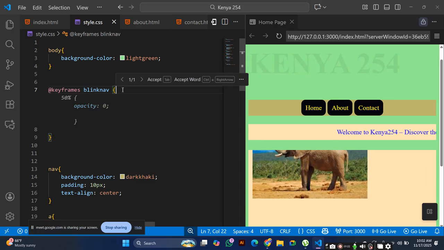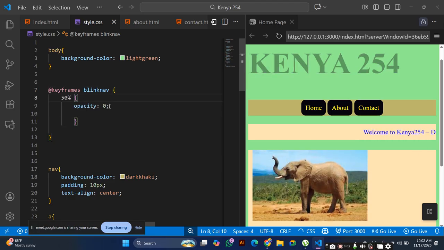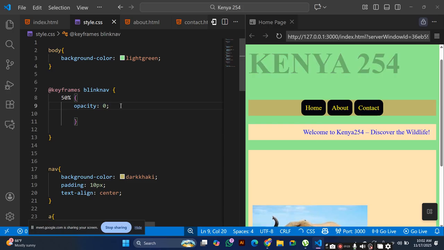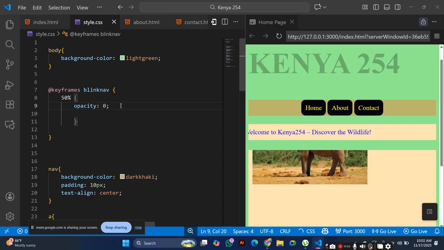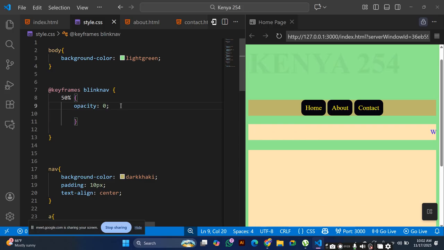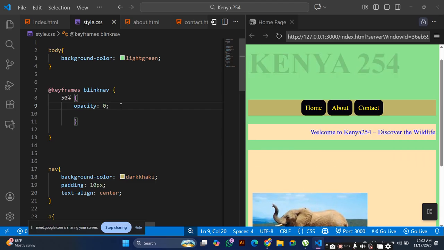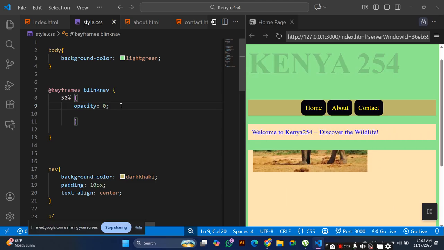Inside the blink nav, you put 50%, opacity 0. Done. Done.